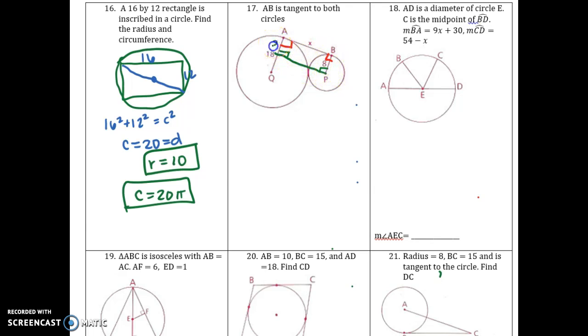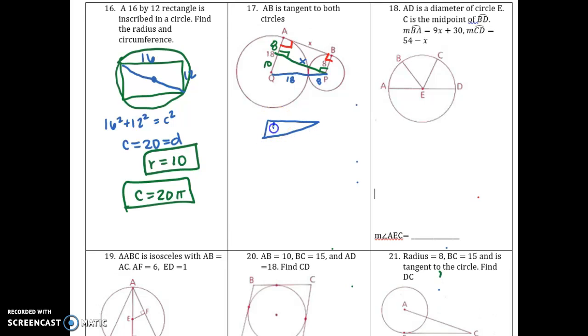If this is 8, this 8 carries over here, and then that's 10. Rectangles are convenient because opposite sides in a rectangle are equal, so that's also x. Then draw in that connection. You might be a little confused, but remember this is still a radius of a circle. So this is 18 because the radius of this big circle is 18, and this is 8. So you have 18 plus 8, which is